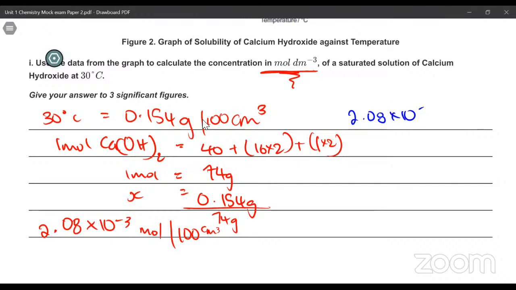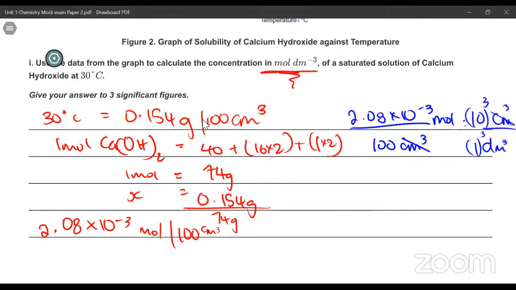2.08 times 10 to the minus 3 moles over 100 centimeter cube, because that's basically what that means, right? And you want to convert the centimeter cube to decimeter cube. So put centimeter cube on top over decimeter cube that you need to get, right? Here we go. 10 centimeters equal 1 decimeter, but seeing that we're cubing everything, right? Remember that step. We'll end up having centimeter cancel centimeters,